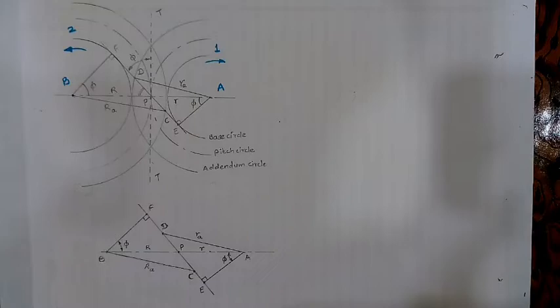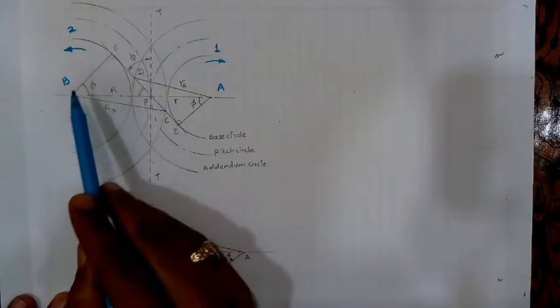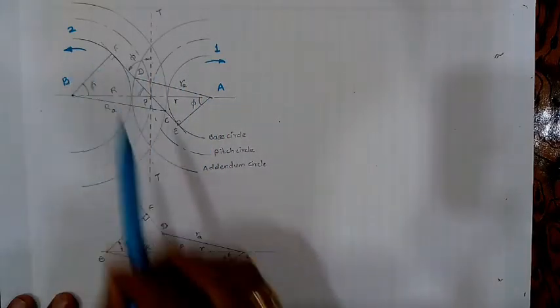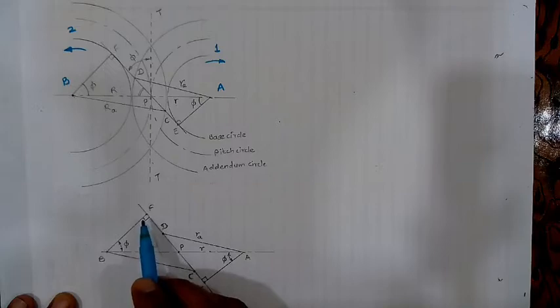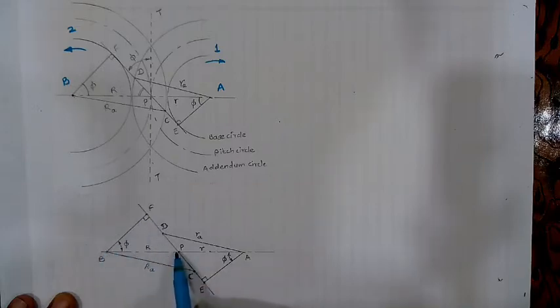So for better understanding, I have redrawn the same figure over here. Now you know that the angle FBP is phi, and the angle PAE is phi. So in triangle